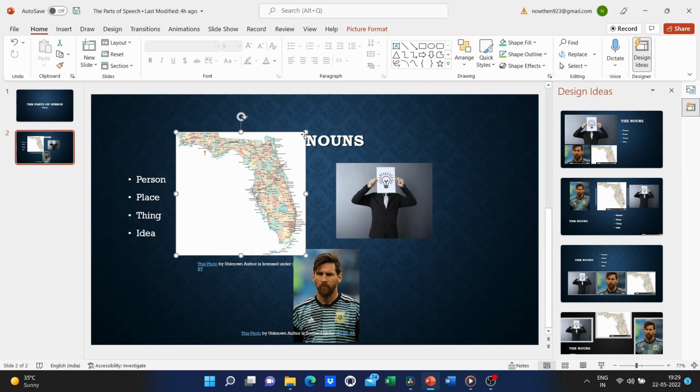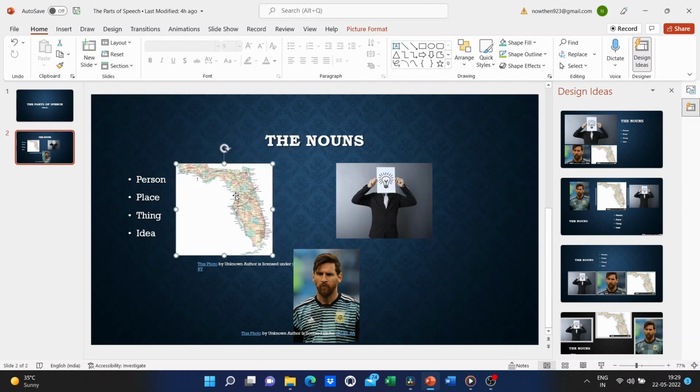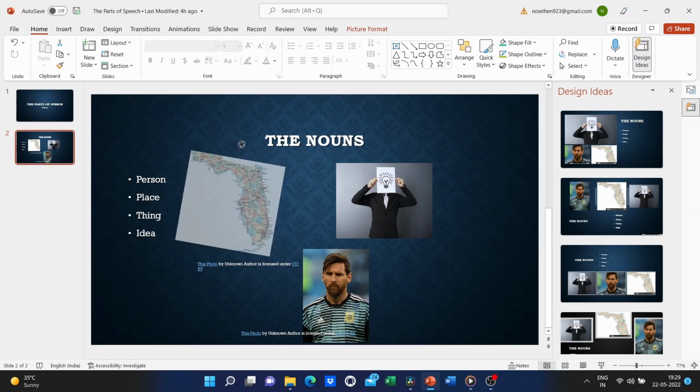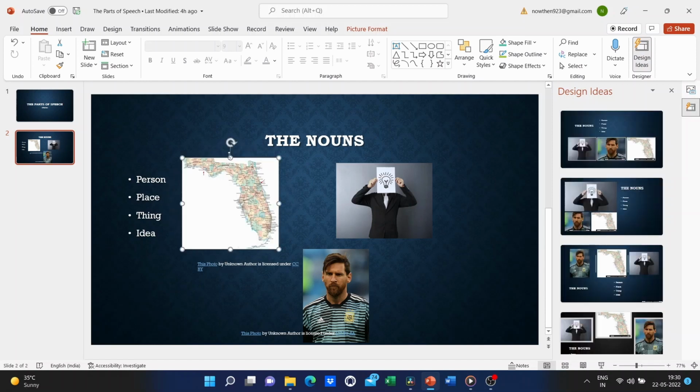And then you may notice that some of these images, actually all of them I believe, when you click on them, get this arrow, the circular arrow at the top. When you click on that circular arrow, it gives you the ability to very easily rotate the image so that you can tilt it if you'd like to. So I've got a person, I've got a place, I've got a thing. What about an idea?